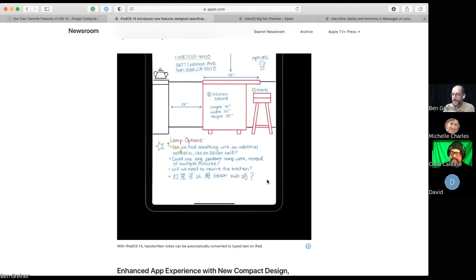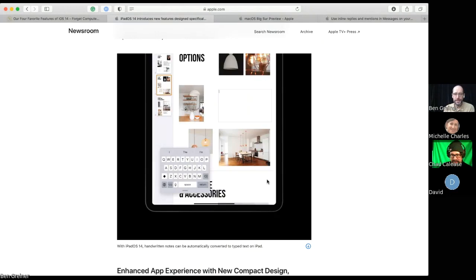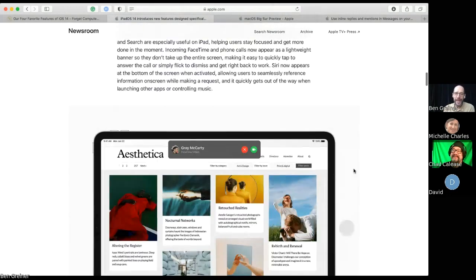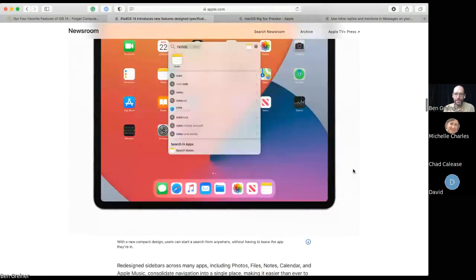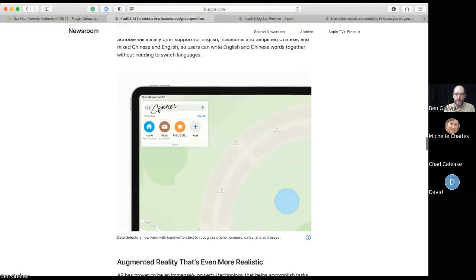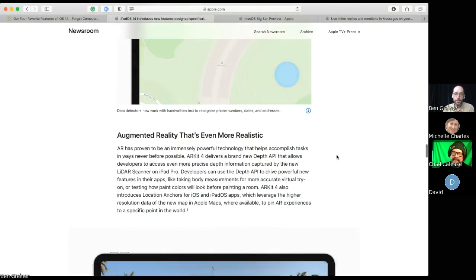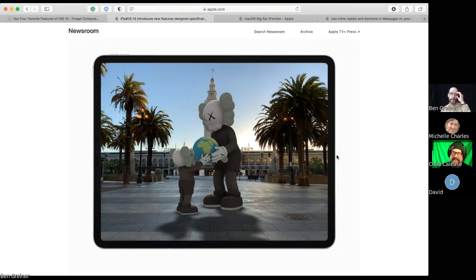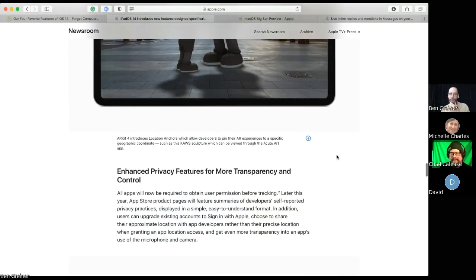How accurate is that? I personally haven't used it enough to know. Obviously, in the demos, it works perfectly every time, but I'm sure it's not that perfect. And then also, you can just use the pencil to write in, like, Maps, and it will convert it into text. So for anyone who just doesn't like typing with their thumbs and prefers to write, very cool. So, a huge step forward with Apple Pencil. I just want to let people know about that.